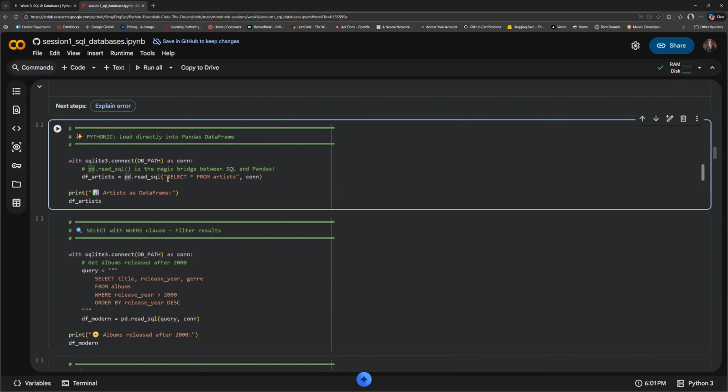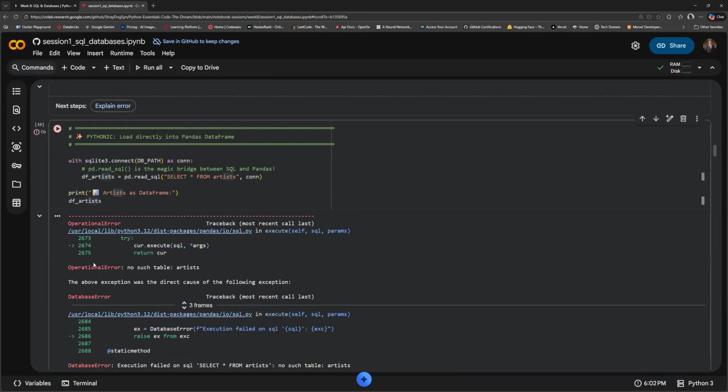And then we will put the pandas read SQL, and we'll do a select query, all from artists, just like before, this time from our SQL alias as connection, right? So that way we can print the artist as a data frame, which probably is not going to work, because